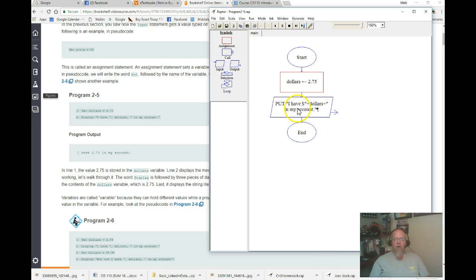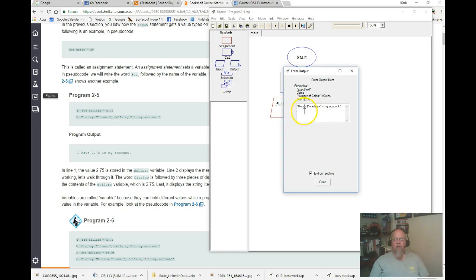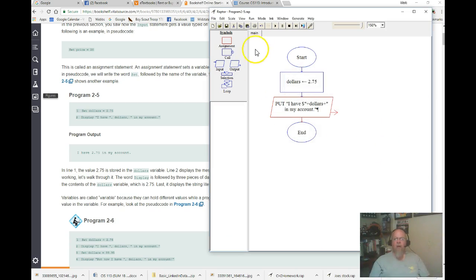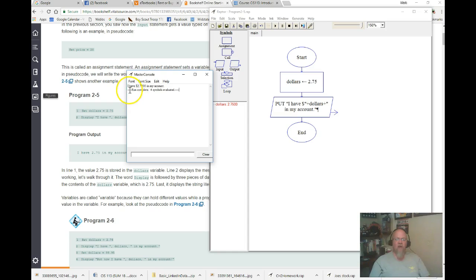Then I used output. I say I have $, double quote, concatenation symbol, dollars, concatenation symbol, double quote, space, in my account. Okay, notice I actually put a $ sign in there to basically put in front of that money. So now when I run this, it says I have